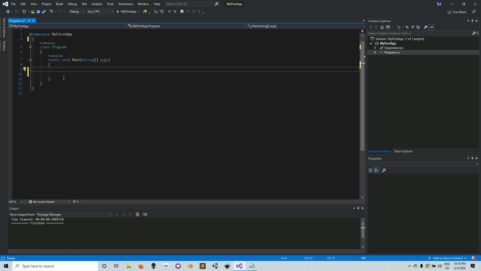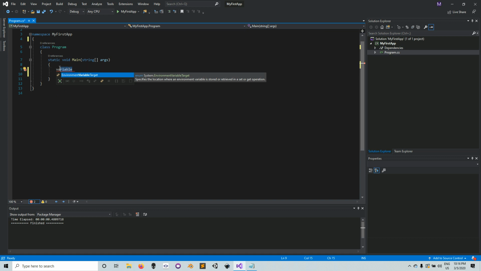Now let's look at what kind of instructions we can give a computer. I would like us to start with what we call variables. I'm sure you know what a variable is, in English, or in mathematics. You may have heard about it before. So a variable, like in mathematics,